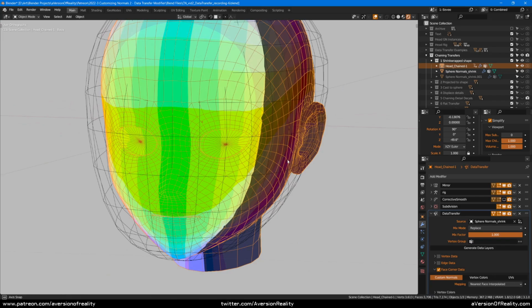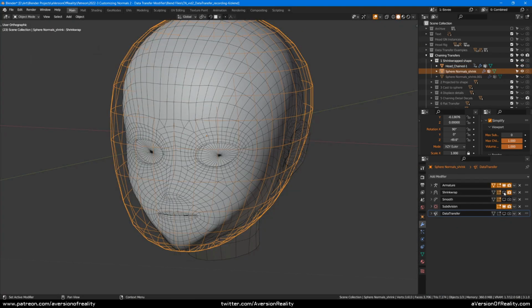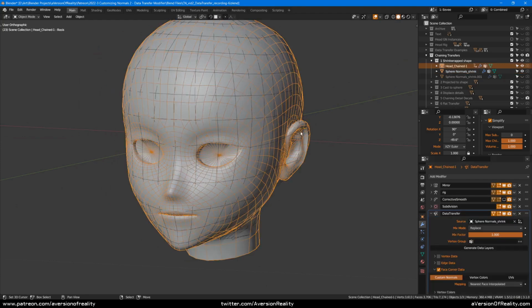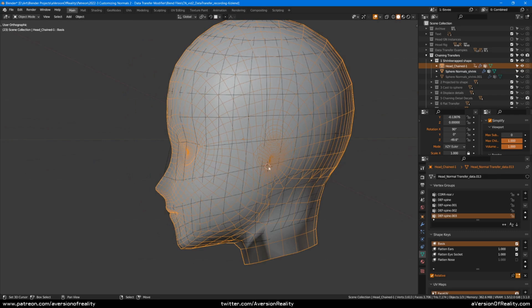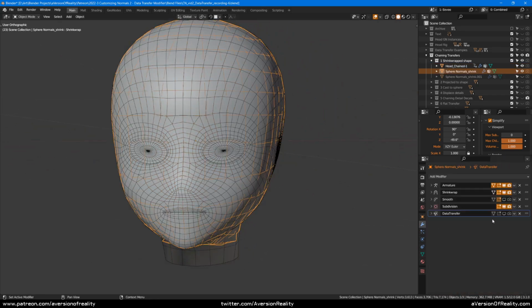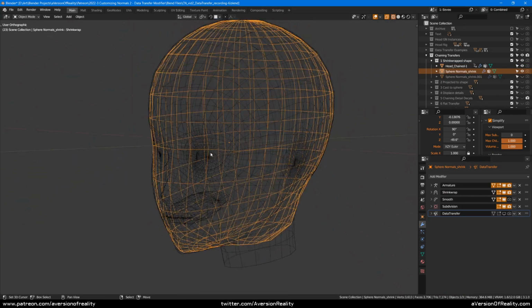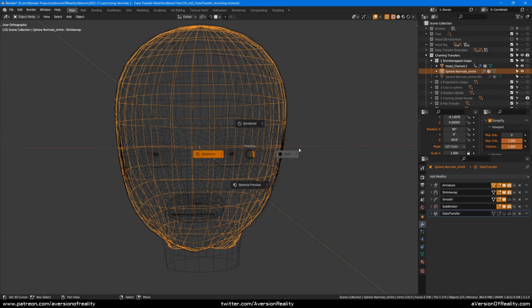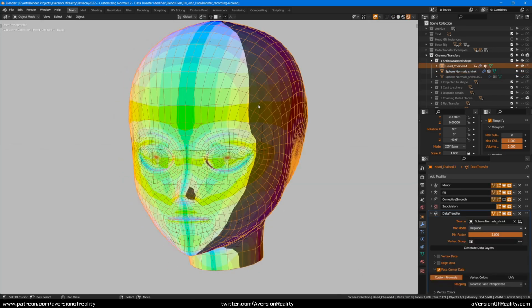So to solve those problems, we really want to eliminate this air gap. I'm going to enable a shrink wrap modifier and also some of these shape keys so that the ear doesn't cause problems. And also let's turn on this smooth. So now we have stuck our mesh to the face, and now there's not going to be any air gap, but our normal transfer is gone.